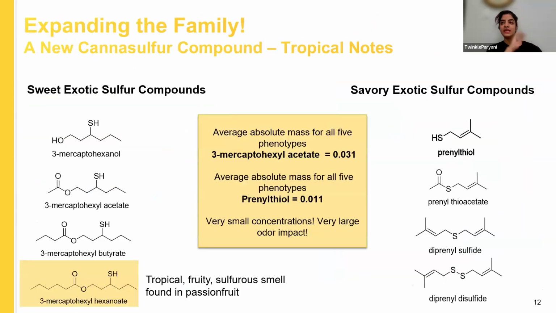And in the process of that, we also identified and were able to confirm a 4th tropical volatile sulfur compound, which we named Tropican sulfur compounds. We were able to identify a 4th one, which was the largest one in the family that we've identified so far, 3-mercaptohexyl hexanoate. So this family of compounds, they're naturally found in things like grapefruit,